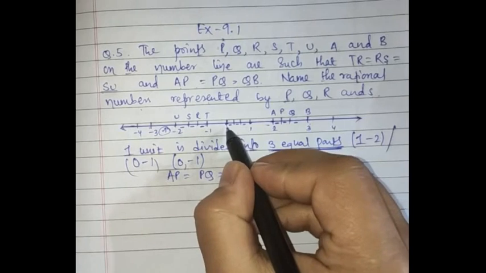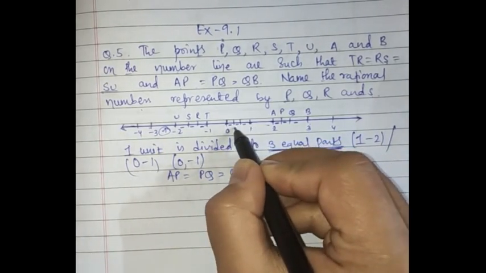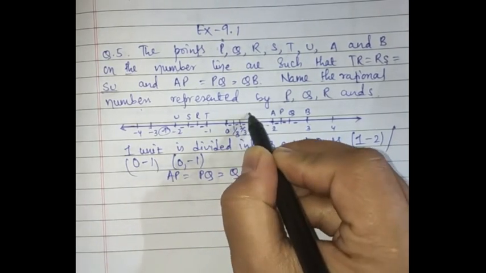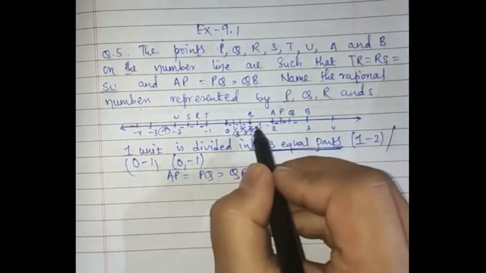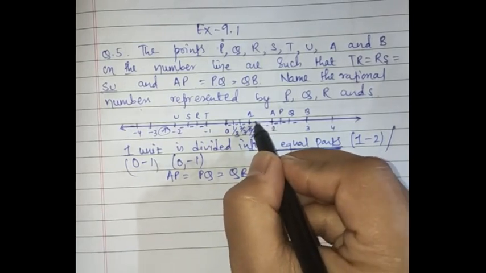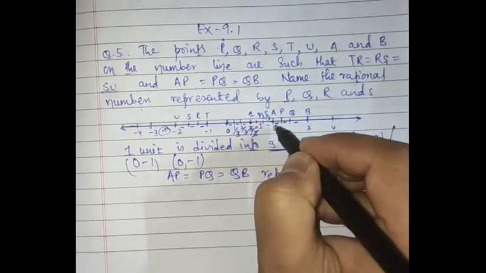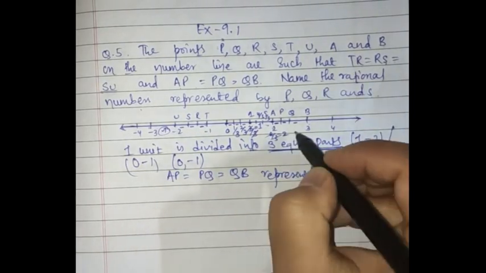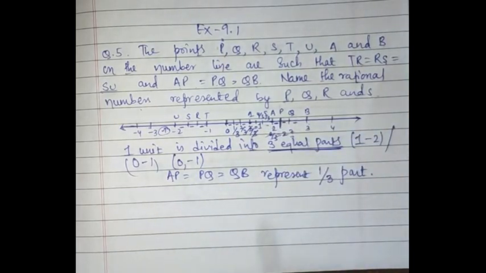So we can write here from 0 to 1, 1 by 3, 2 by 3, and here 3 by 3. It is 1, and when you divide 3 by 3, you'll get 1. So that's why it is 1. When you proceed like this, you'll get 4 by 3, 5 by 3, 6 by 3, and that's why it is 2, since 3 twos are 6, right? And again 7 by 3. So P is represented by 7 by 3. I hope it is clear.